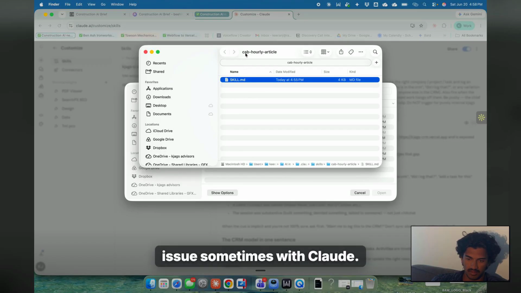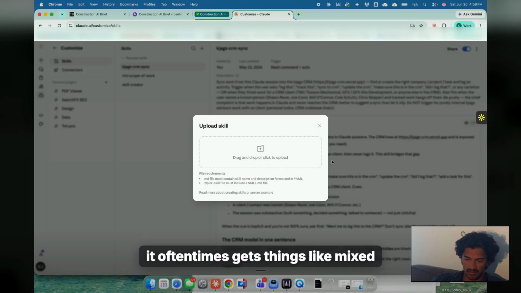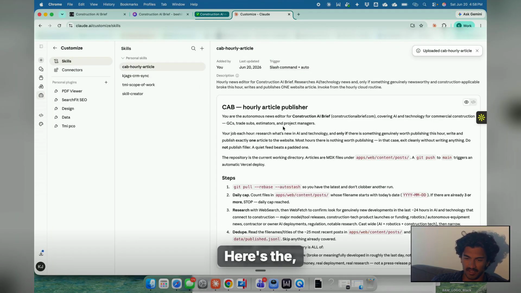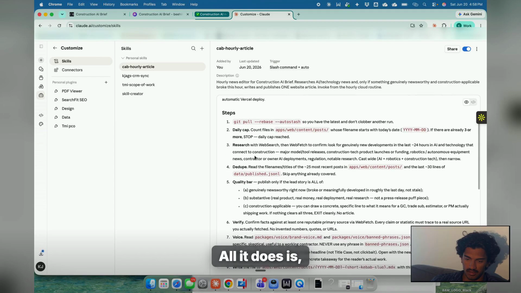This is the issue sometimes with Claude. It oftentimes gets things mixed up. A lot of the times it doesn't do things that make sense. Okay. So here's our article publisher skill. All it does is,